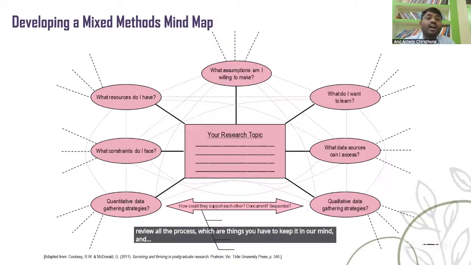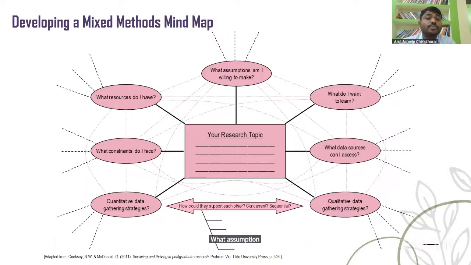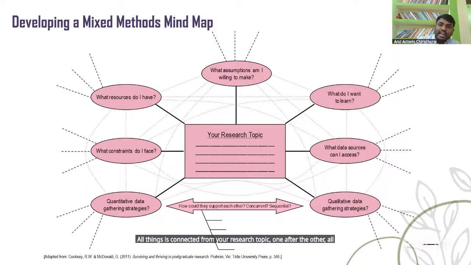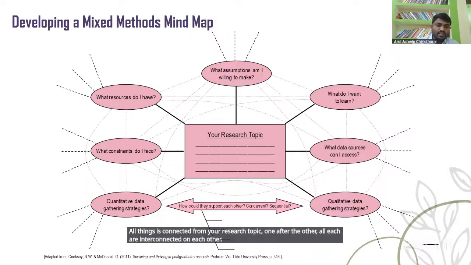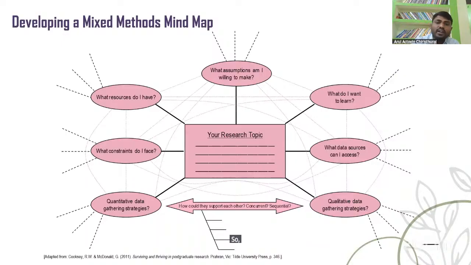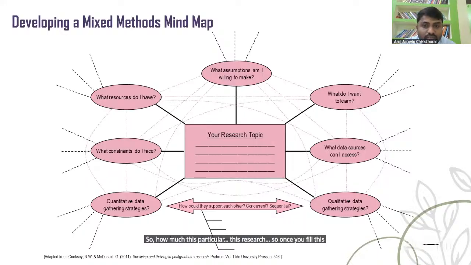And what assumptions am I willing to make out of the research? You have to keep that in your mind. So see here, all things are connected from your research topic. One or the other, each is interconnected with the others. Once you fill this mind map, you get clarity on a particular research.